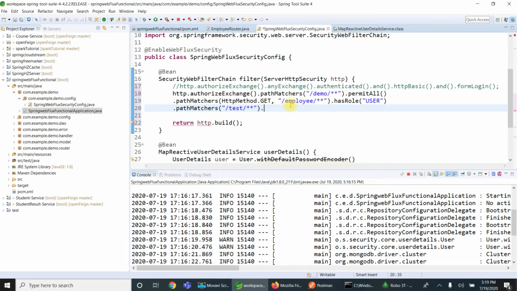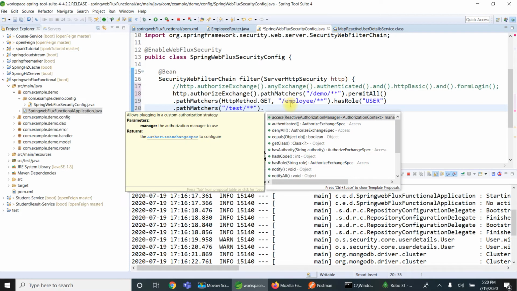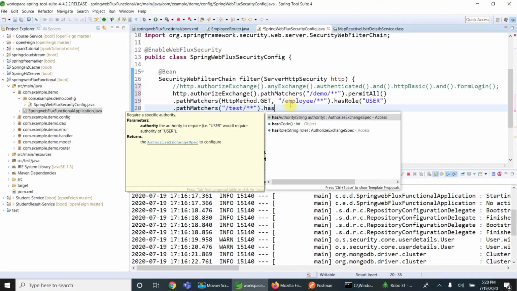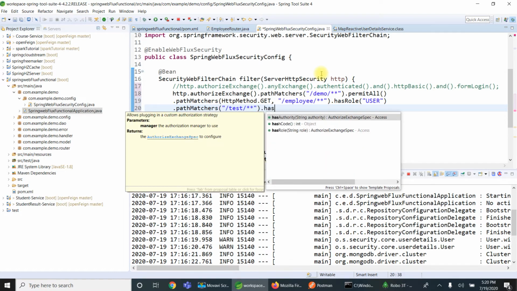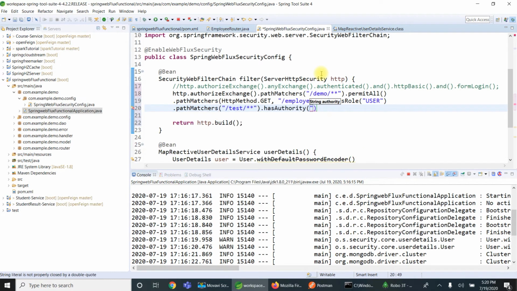Matches dot hasRole admin. If the user has admin role or authority, I'll say other. I'll go with authority this time, as authority. Dot hasAuthority ROLE_ADMIN.